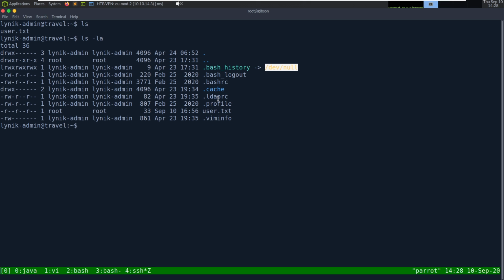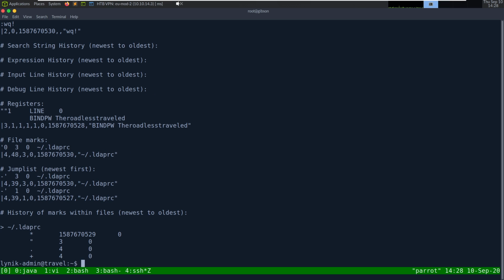We got an ldaprc file. So if I cat that file, we see LDAP information. And then we also have a viminfo file. So looking at viminfo,